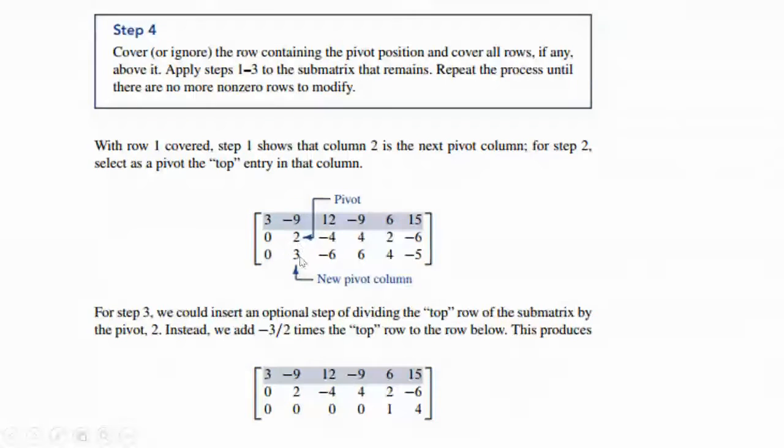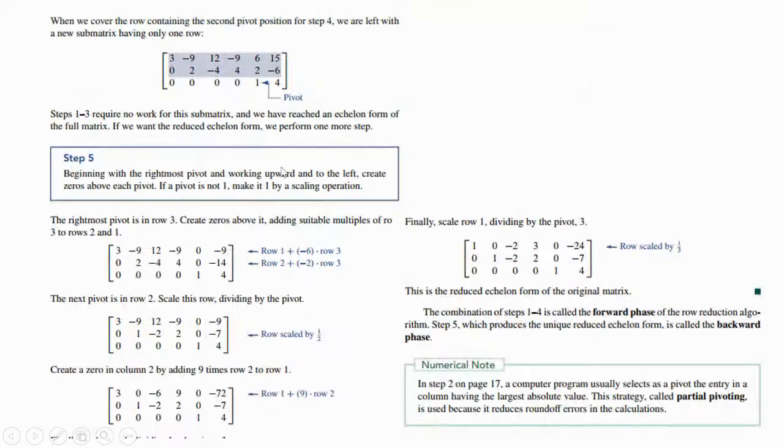So we're going to work to eliminate this 3. And we can do that by multiplying -3 halves times 2. There's all kinds of ways we could do that. But we work and we eliminate that. And so now we have completed the pivot there. And so now what we have is we have done step 4 in the algorithm. Okay, step 5 says